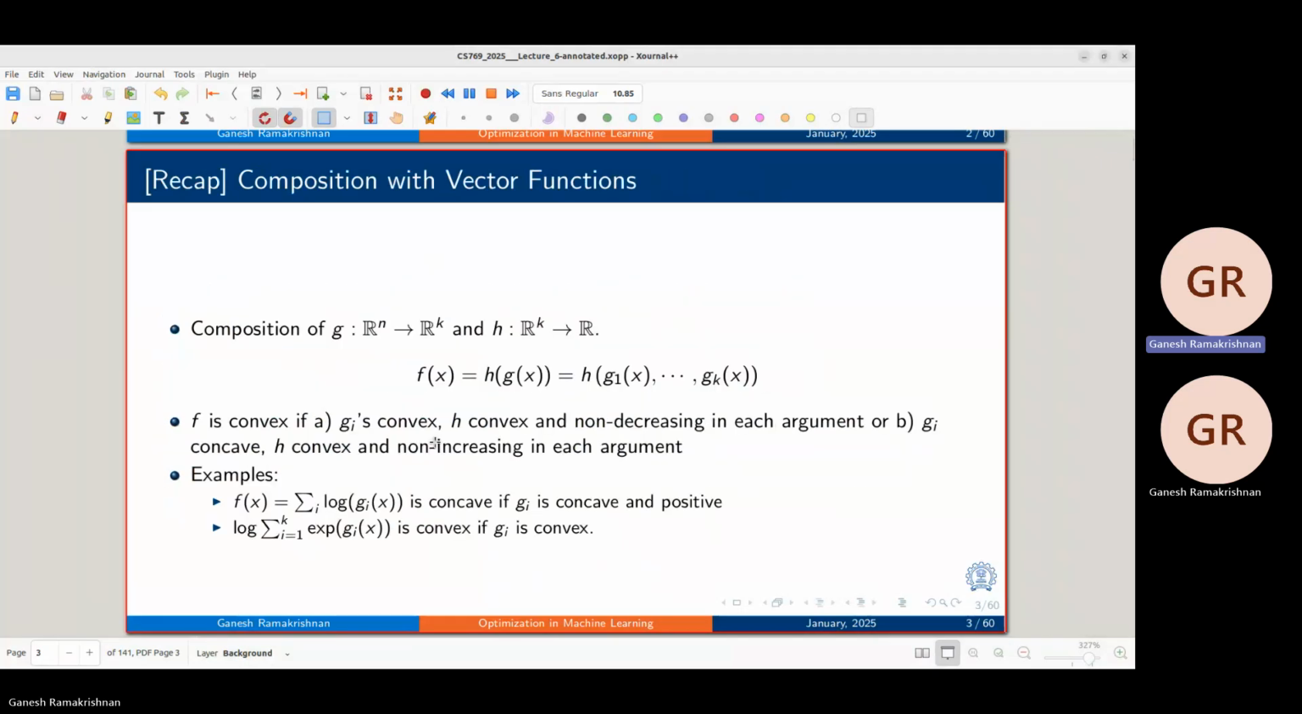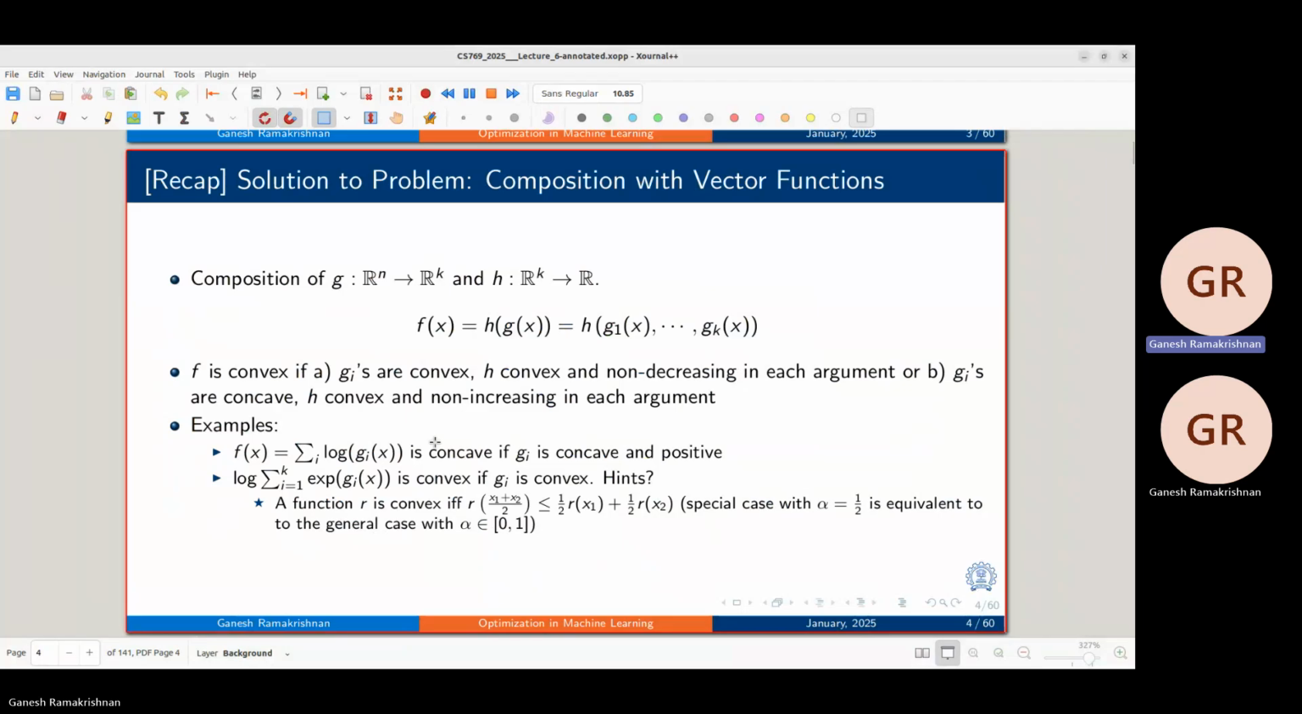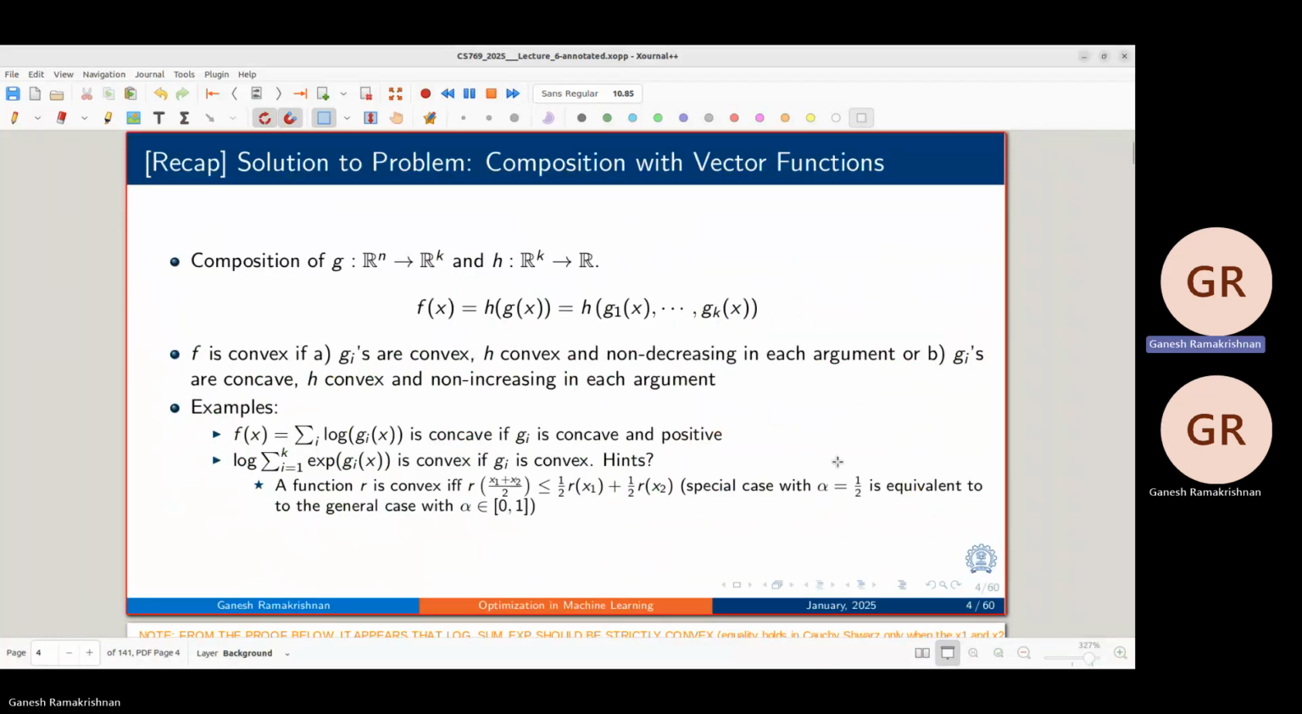Okay, so this is where we kind of left off last time. We talked about the composition with vector functions. And the way we visualize this, the function h, which is applied on a function g, what would we expect it to have? Property g must be convex or concave, but h must always be convex, right? But if the g is concave, then h is non-increasing to counter the effect of g, right? So the thing you need to just notice in this composition,